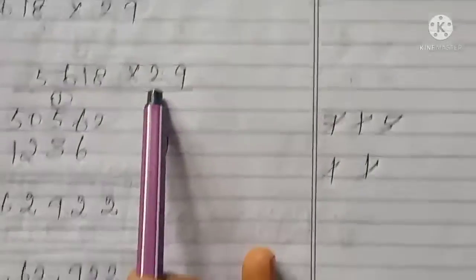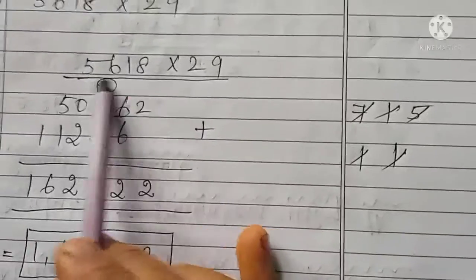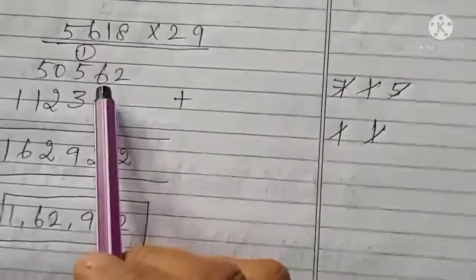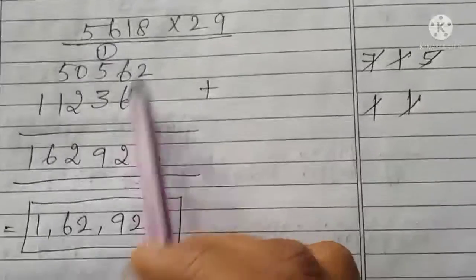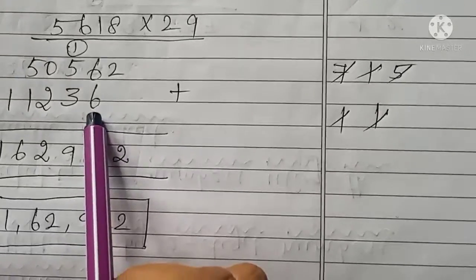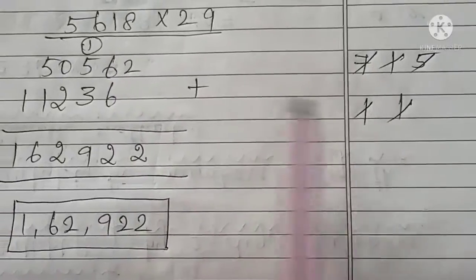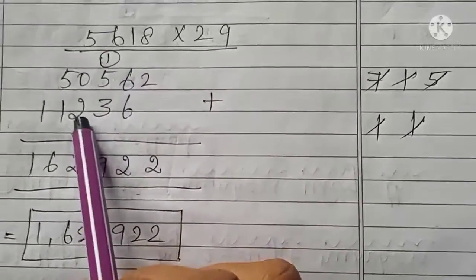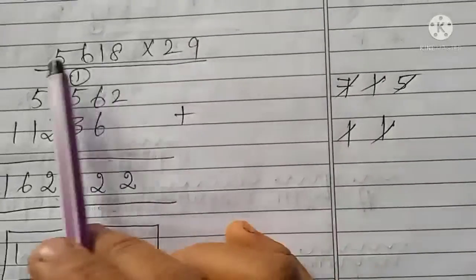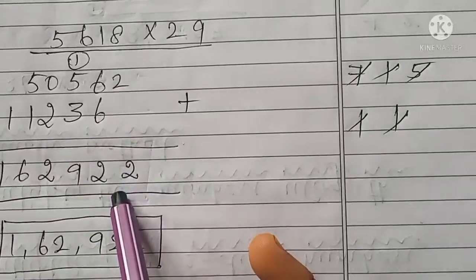Next we have to take the tens place value, which is 2 here. You have to multiply it with the 4 numbers. Since it is the tens place value, you have to write the answer under the tens place as well. So next, 2 8s are 16. For the 16, write 6, 1 will be remaining. Next, 2 1s are 2. 2 plus 1 gives 3. 2 6s are 12. For the 12, write 2, 1 will be remaining. 2 5s are 10. 10 plus 1 gives 11. Finally, you have to add those values.